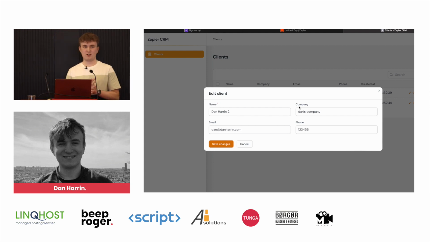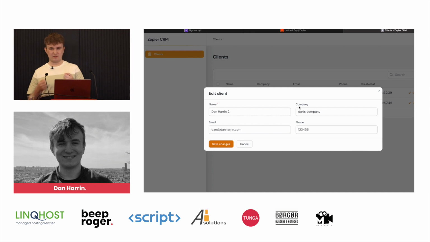Yeah, so the question was, what sort of limits are there on the free plan of Zapier? I think it's something like 3 to 5 zaps, which doesn't sound like a lot. But if you're a user that's using this every single day, then it's probably worth the extra cost, maybe $5 or $10 a month for the Zapier plan.